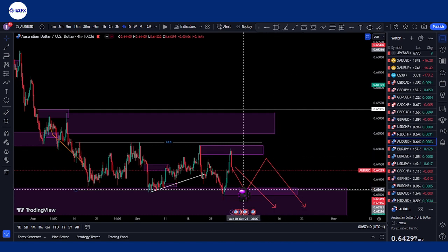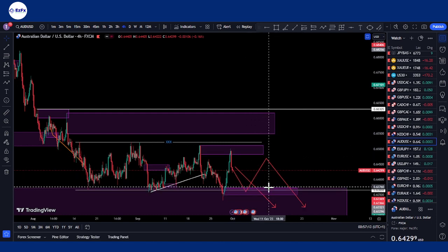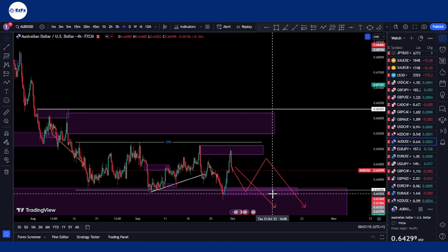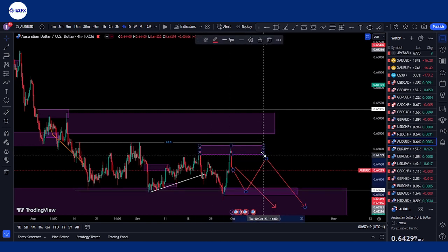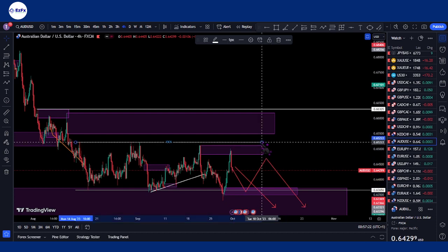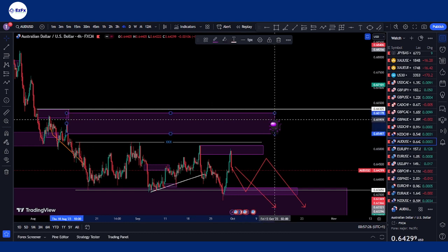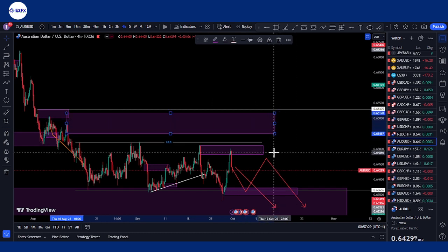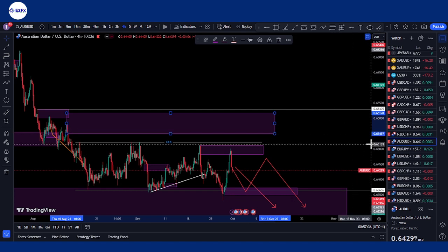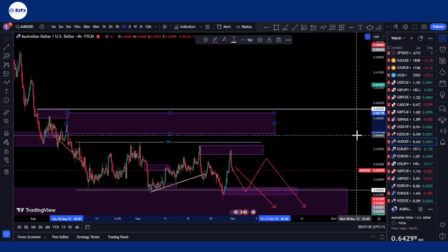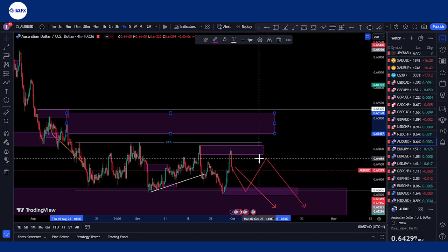If at all we do not get that buy, as I said earlier, then it's very likely we'll just have price continuing towards the downside. However, if the momentum that we get from that buy is strong enough, then we might get to see a break above this resistance, then into this other block around here before we get to see the continuation for our sell. That is my bias for AUD USD overall: bearish, but I'll be expecting something like a buy to sell from one of those zones that I have shown us.